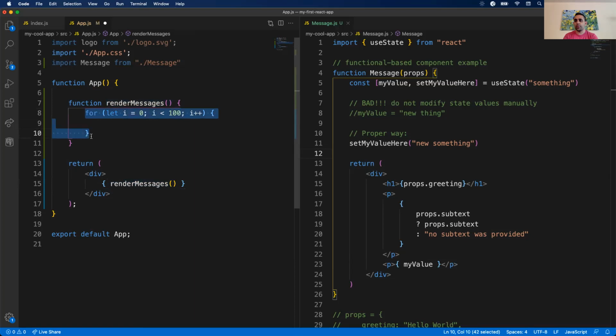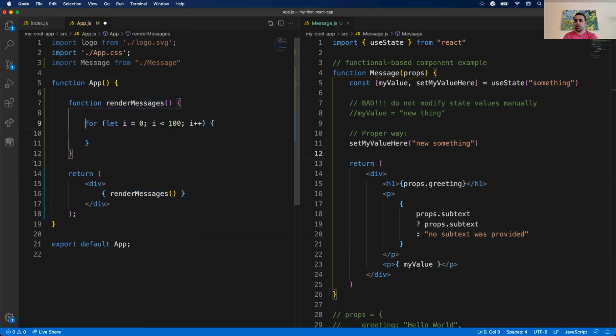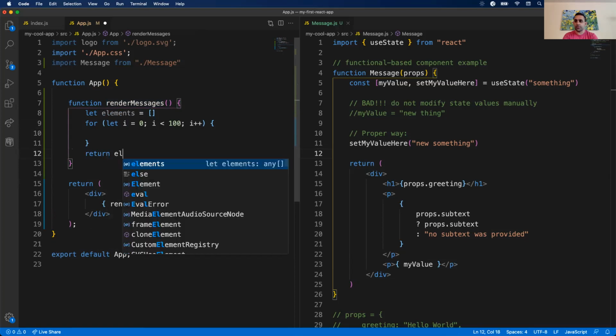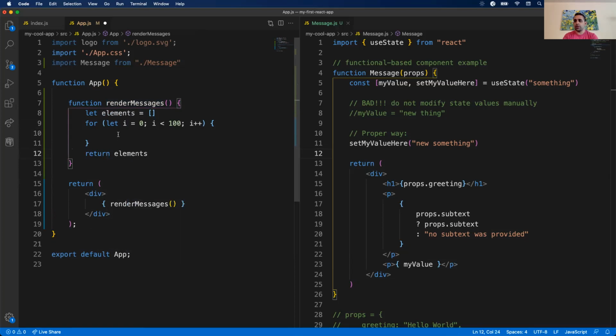This is going to have a for loop, and I'm going to create a bunch of elements. So let's do let elements equal a list, and then I'm going to return that list of elements. All right, so inside here, I'm going to populate elements with